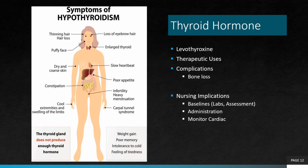If you go here, this Synthroid, when you go to do your drug card, has some particular rules. They recommend that you take it in the morning on an empty stomach, at least an hour before meals. They also need to do patient teaching and make sure patients understand that they have to come in for regular blood work to monitor their T3 and T4 levels to make sure that they don't get too high a dose of this levothyroxine, because if they do, they could have cardiac